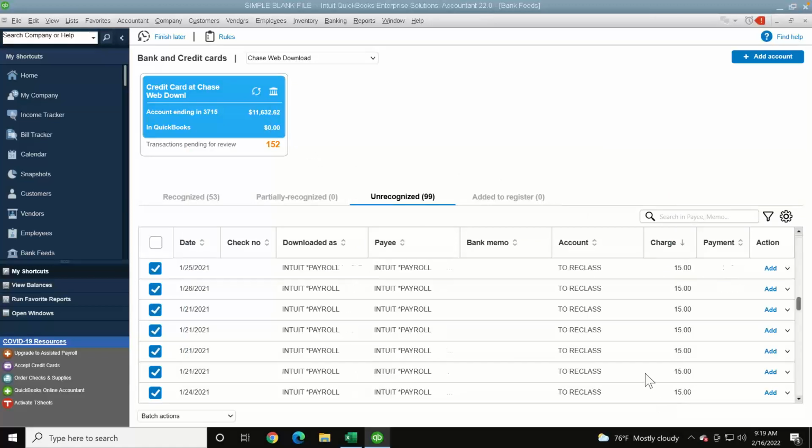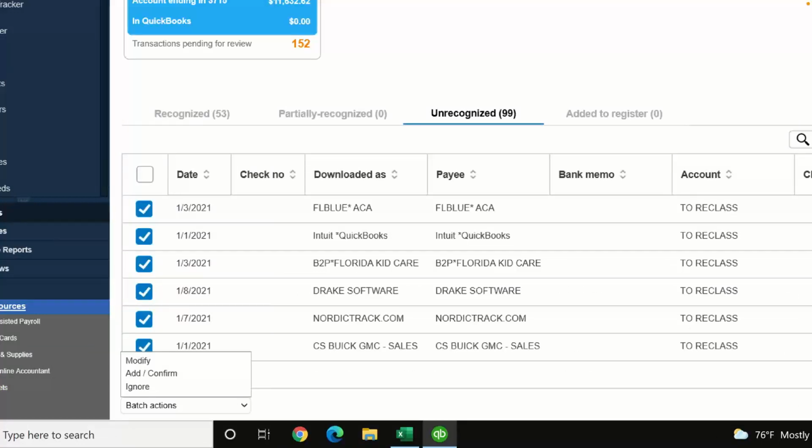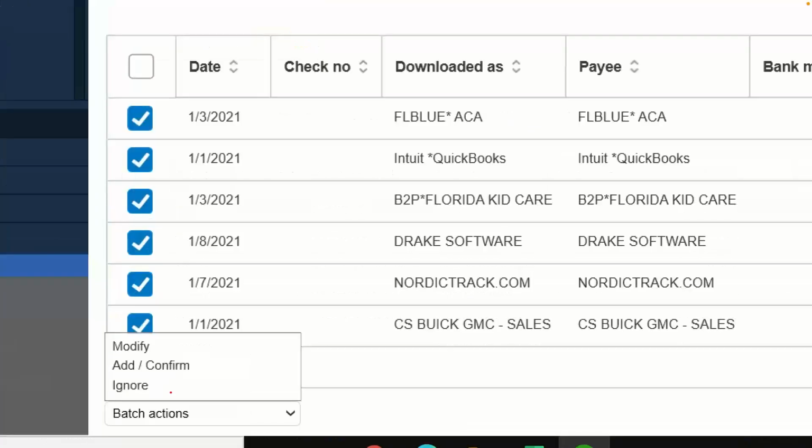And what I'm doing at this point is I am just going to make everything To Reclass, and then I'll deal with the classification later, which is kind of the point that I want to make here. So we're batching the vendors in there. They're being recognized automatically. We're picking one account to just dump them in there. I don't even want to be thinking about it. I'm just going to push the data forward. Move forward. So at this point, I can click on add and